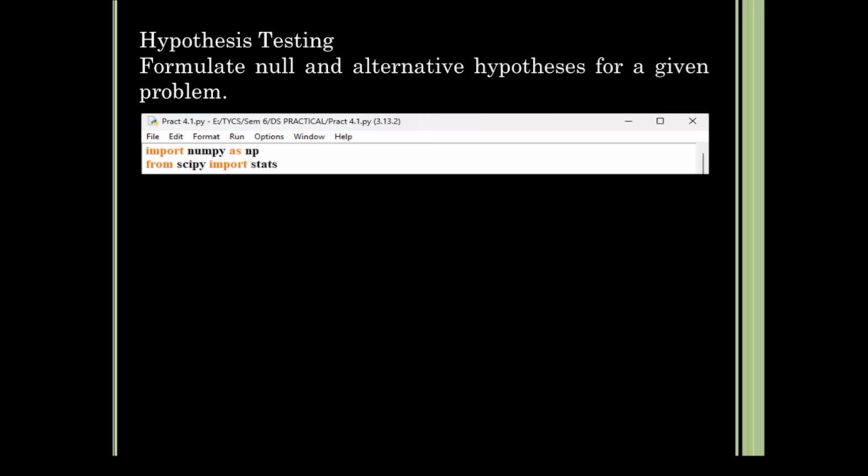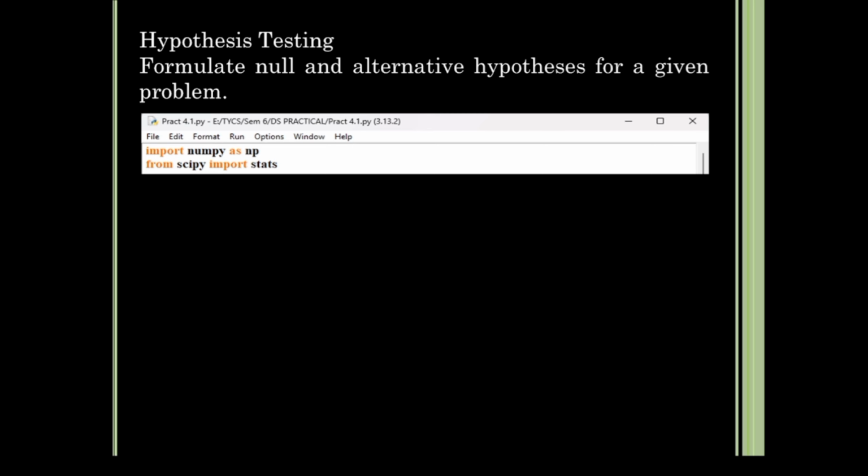So what we are going to learn here is what we mean by a hypothesis, null hypothesis and alternative hypothesis. For that, we are going to write import numpy as np. From scipy import stats. NumPy, as you know, is a library where we give a short name np, which is used for arrays, calculation, and statistics. Now, from scipy import stats imports the stats module from the SciPy library, which contains statistical functions, like we use it here to perform a one sample t-test.